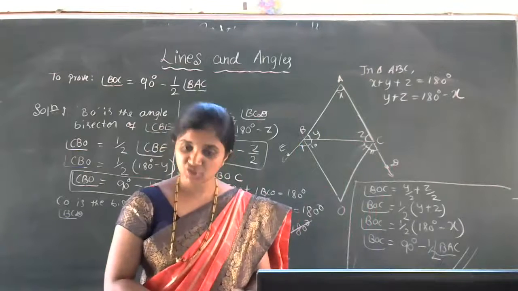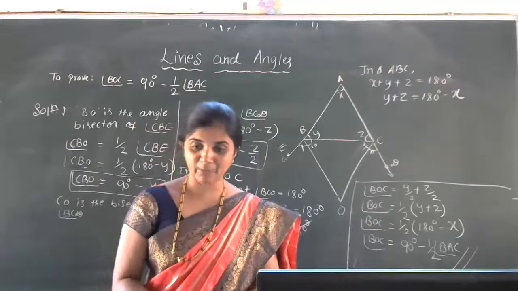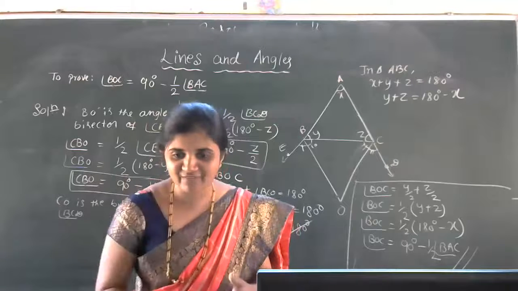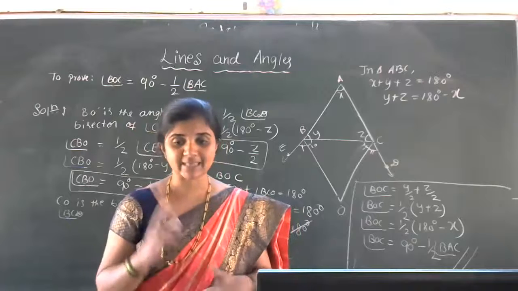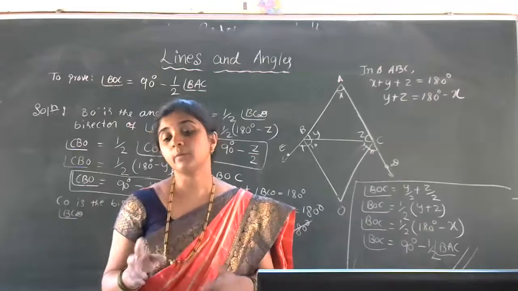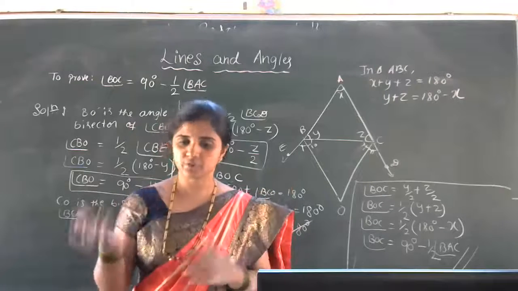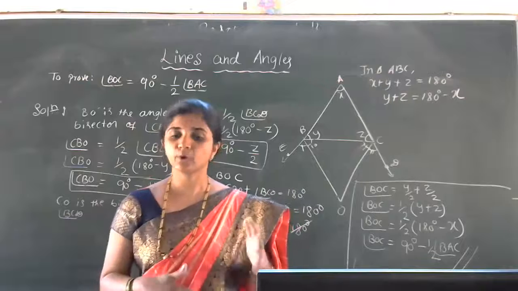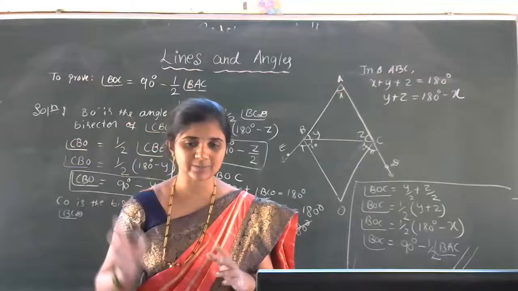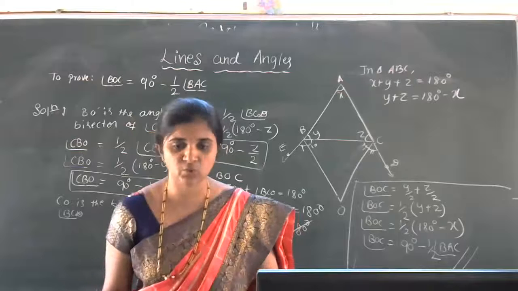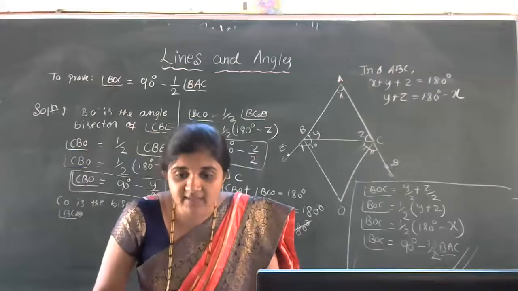It is in your textbook also. A detailed explanation is given, each and every step is given. You can easily understand that problem. Copy those two example problems. Before copying them, first you have to write the two theorems related to the angle sum property of a triangle. I'll send them. Any one student please remind me to send the last exercise and today's notes. Then homework is the third exercise.